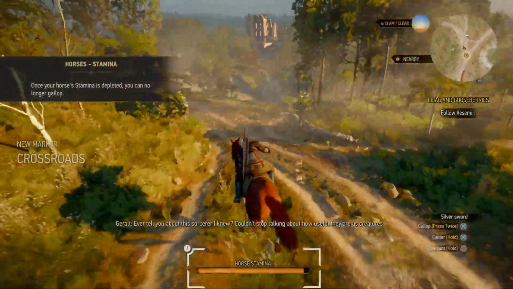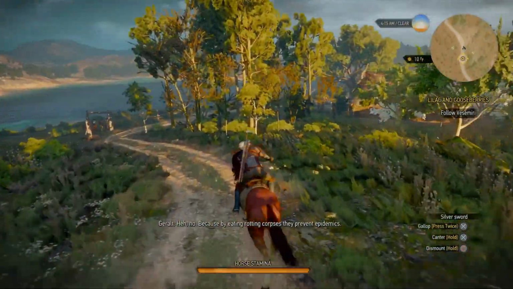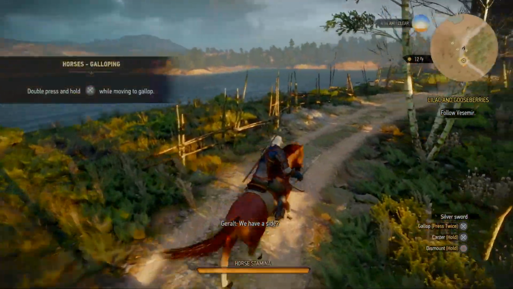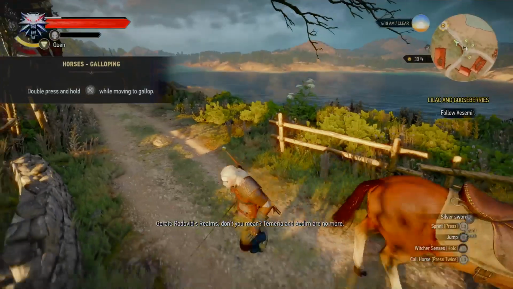And we're just going to follow this round this way. So we're going to ride Roach. Now normally you just follow Vesemir, you ride all along this road until it gets to the cutscene, you get to the main town. I'm actually going to take a very slight diversion and just jump off here,